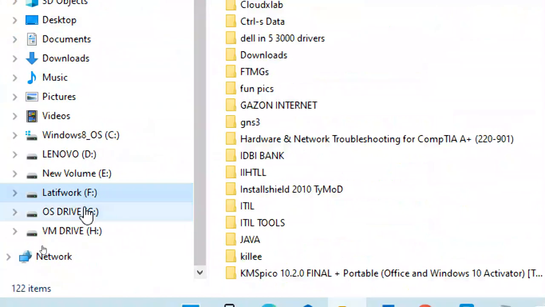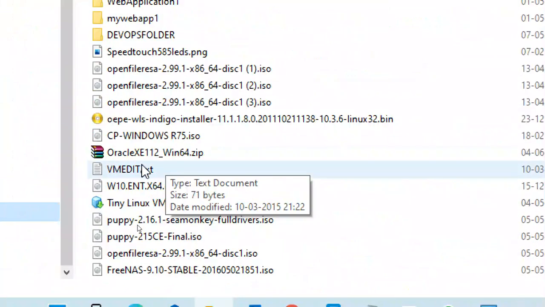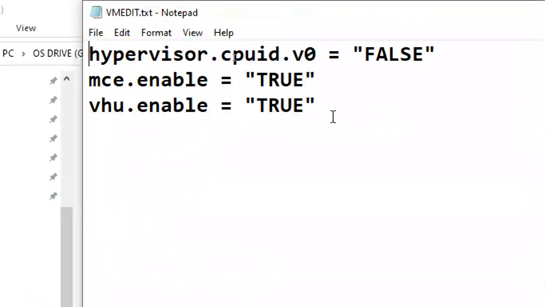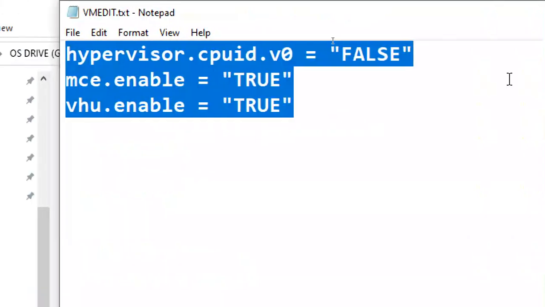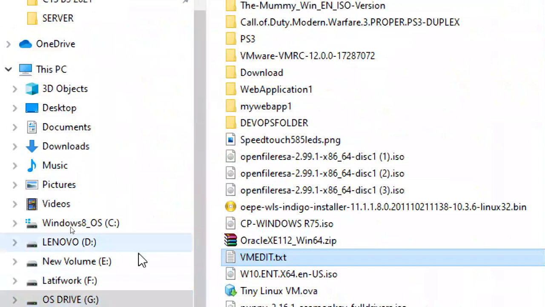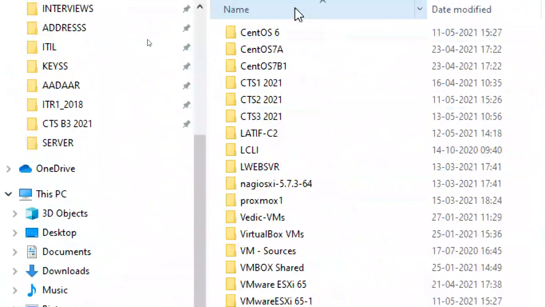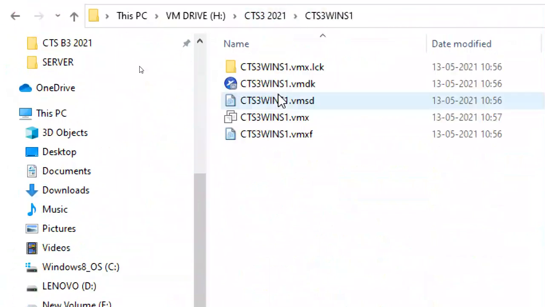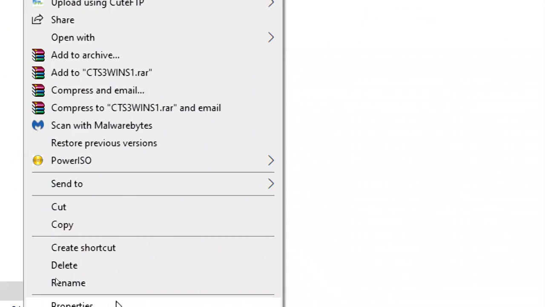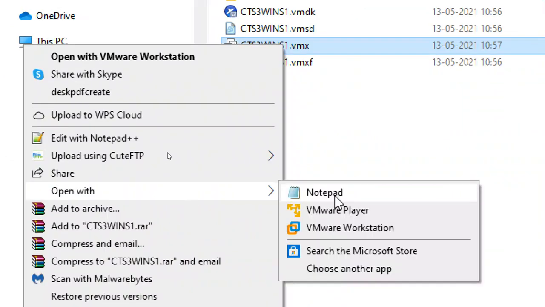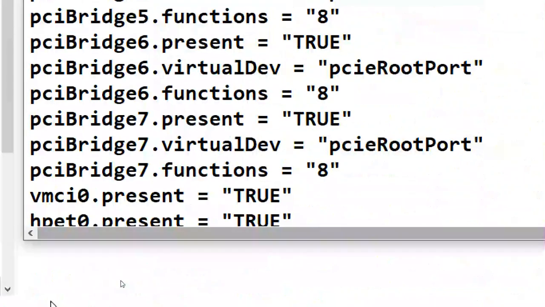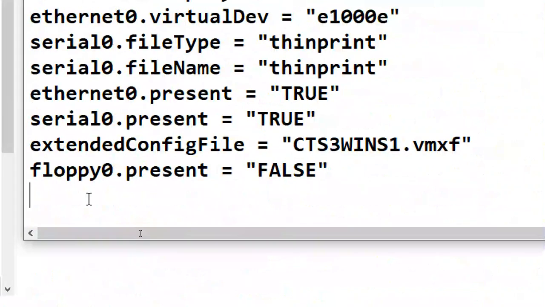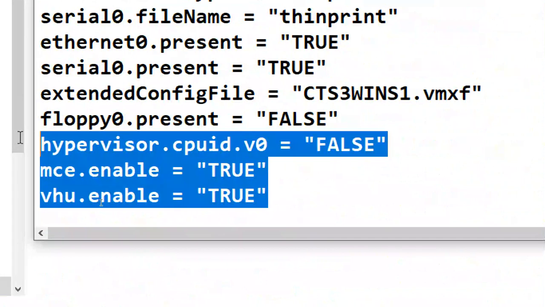I have a file in the Z drive called VM Edit. I already shared this one, so I copy these three lines, and I'm going to paste them. This is my folder, WinS1. Right click, Notepad. Adding these three lines is purely optional.